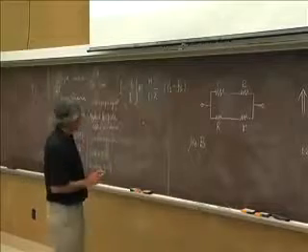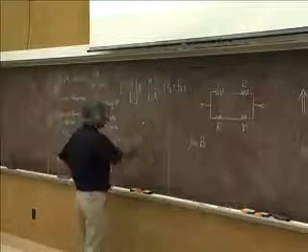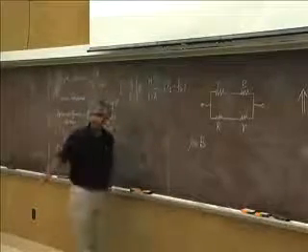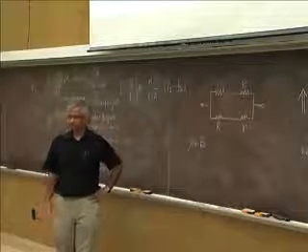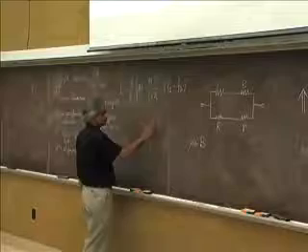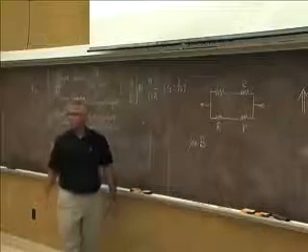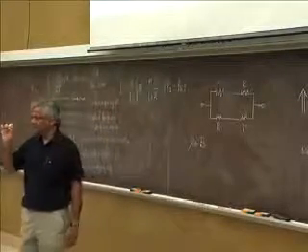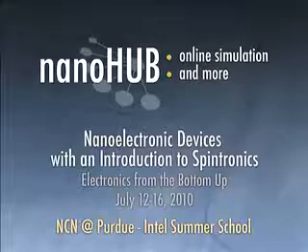And the experiment consists of the following. You have a region with an inhomogeneous magnetic field. So the magnetic field is increasing, let's say. And what was known is that any little magnet in an inhomogeneous